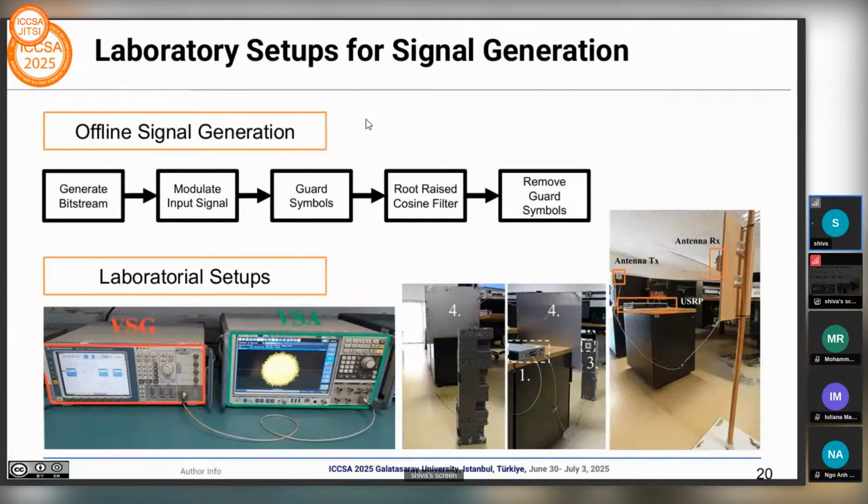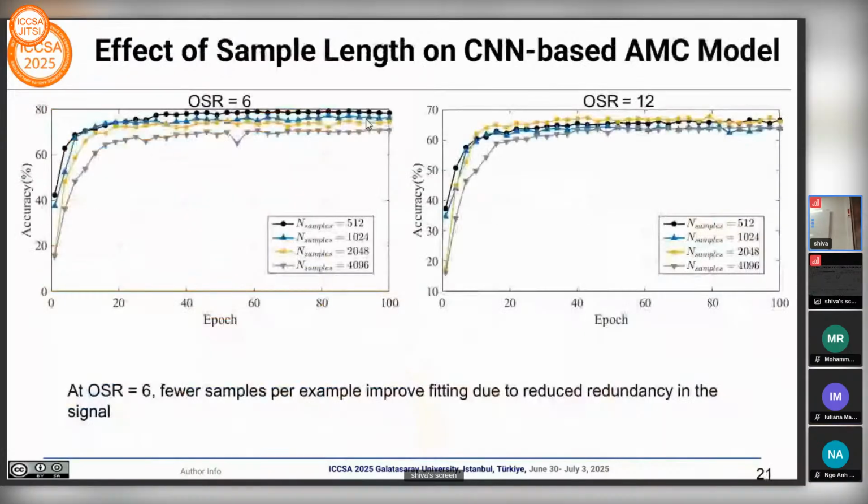So this is the setup. Again, in the paper we have more results, but just to provide a snapshot of the results we obtained. For now, we are just analyzing the effect of oversampling ratio, signal-to-noise ratio, and modulation order. And as you can see, by varying this oversampling ratio, it can achieve faster training and better accuracy results